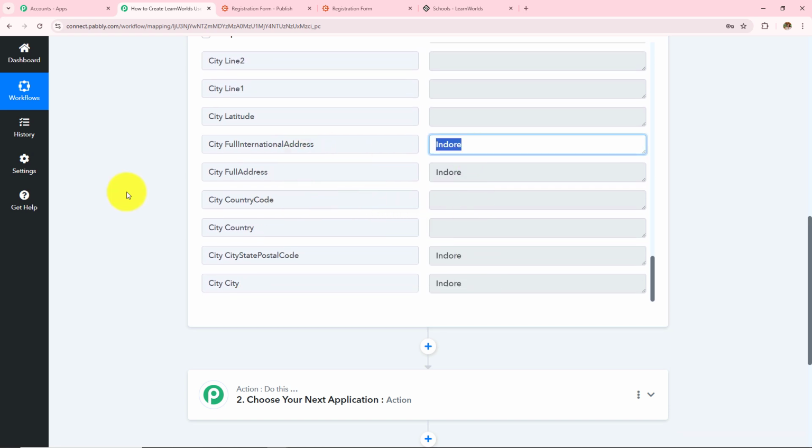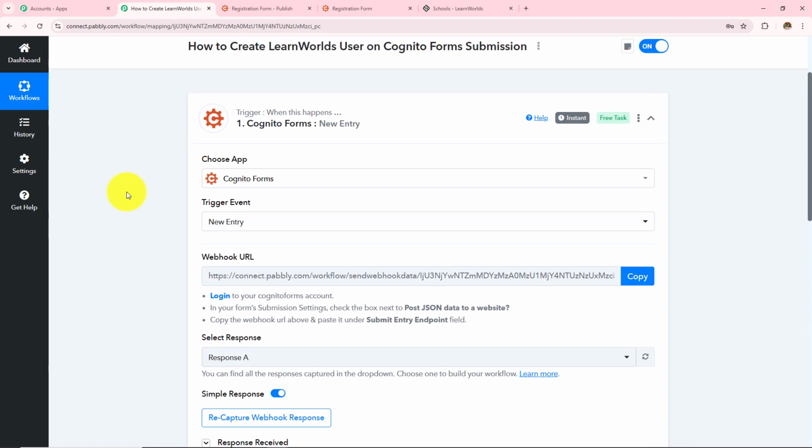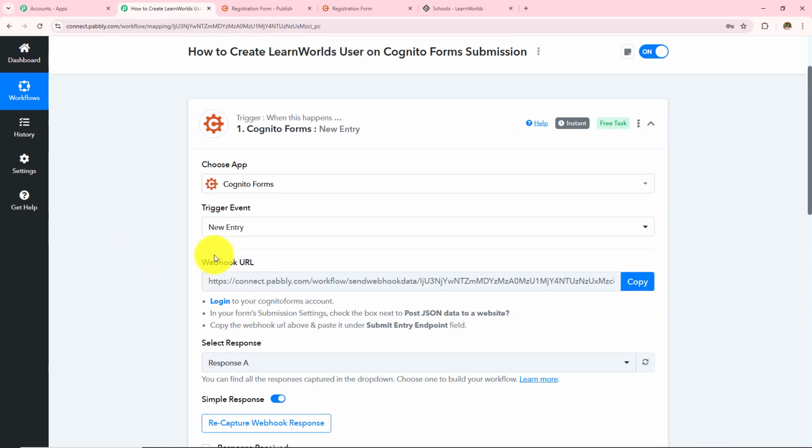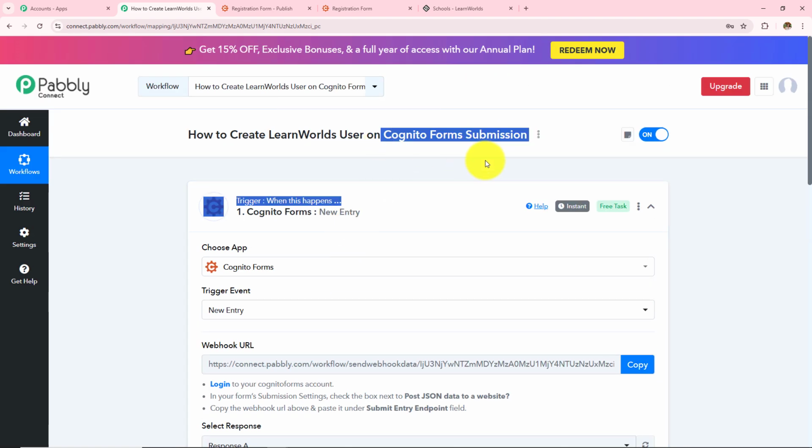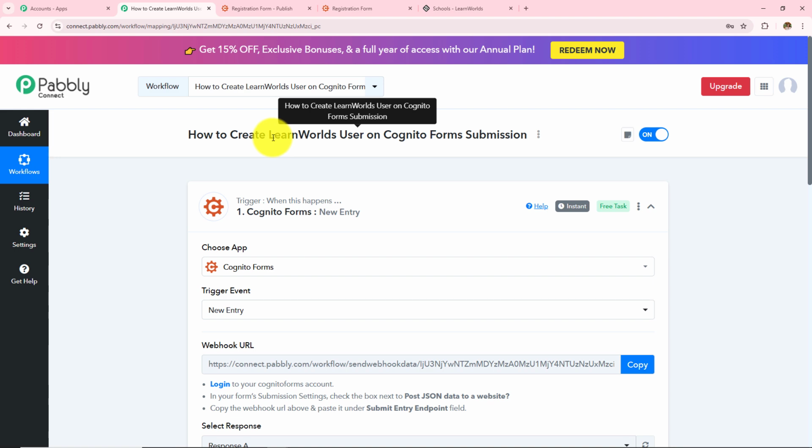Now as soon as I've done the form submission, I have received the response here. This means the connection setup that we have created with the help of this webhook URL between Pabbly Connect and Cognito Forms, that is successful. And now whenever someone will make the form submission in my Cognito Forms, I will start receiving the response here in this workflow. Now moving on to the next step, whenever there is a form submission, I want to create